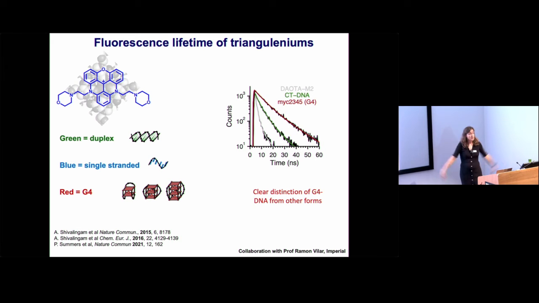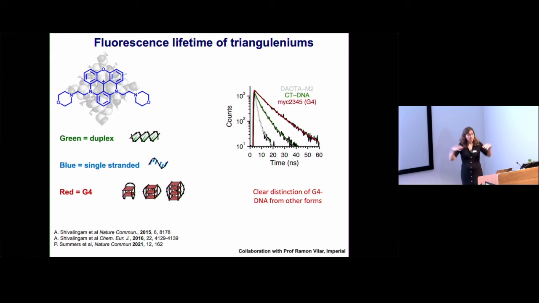that can bend in and out of the plane of the triangulenium, and that gives us the molecular rotor properties. So if you place this molecule in an environment of different viscosity, its lifetime will change drastically from low to high viscosity. However, specifically for this project, what's of interest is that this molecule intercalates into the double helix DNA, and that